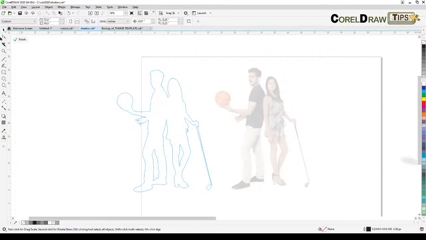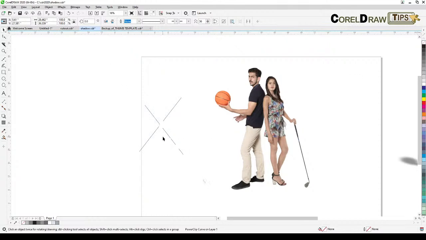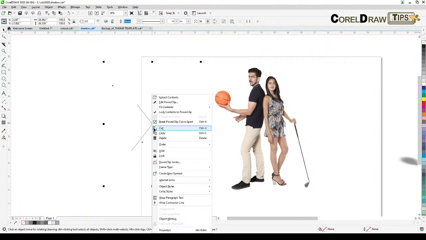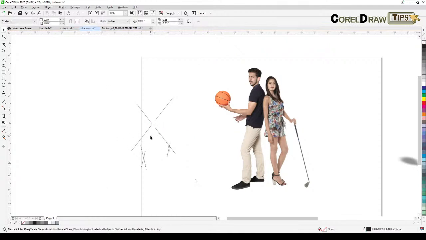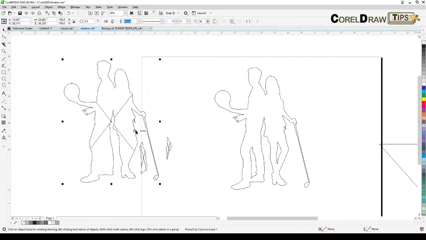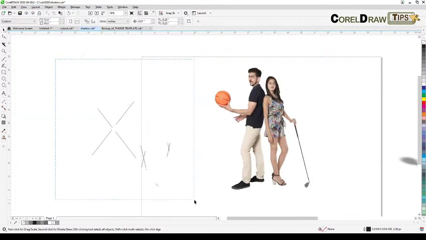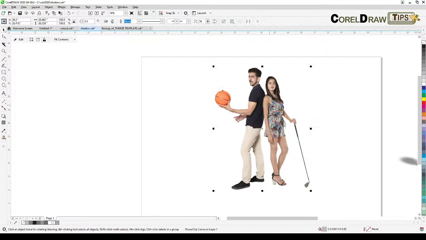So in order to remove this X here, I'm going to remove the fill. And then, sorry, I have to break the power clip curve apart. So now I'm going to go to View, Wireframe. Okay, sorry, that didn't work. So I think the best thing to do is get a copy of your, another way to do it actually